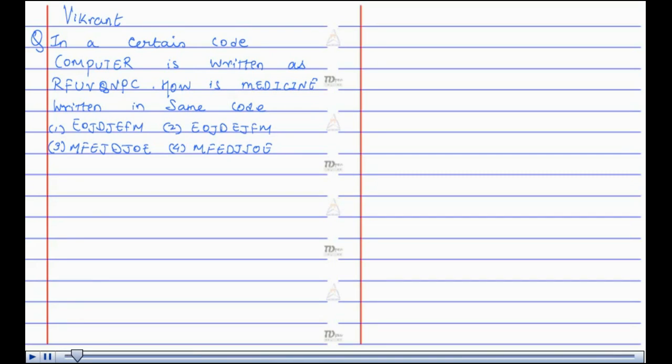Hello, I'm Vikrant. The question is, in a certain code, computer is written as RFUVQNPC. How is medicine written in the same code? The solution is,